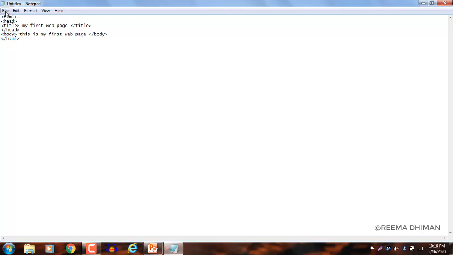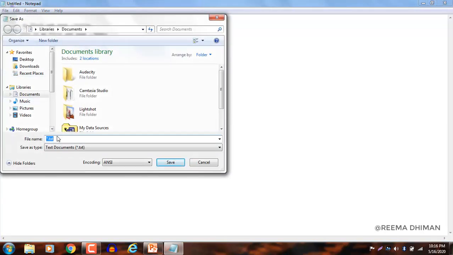So how to save? Go to the file tab. There is a save option. Click on it. It will ask for the file name. So here you have to erase the automatically taken file name using the backspace key, and you have to give the name according to your requirement. For example, I want to give it the name